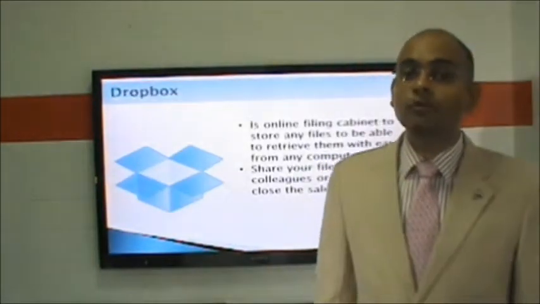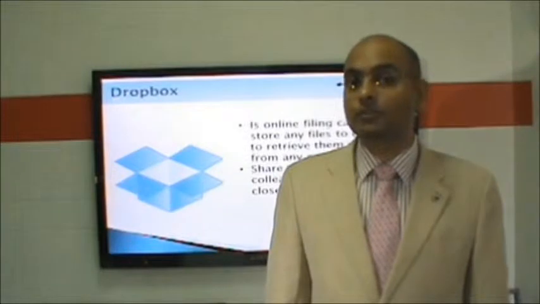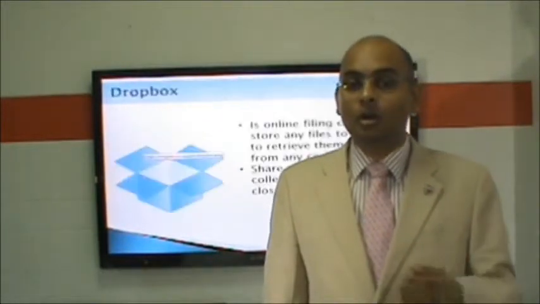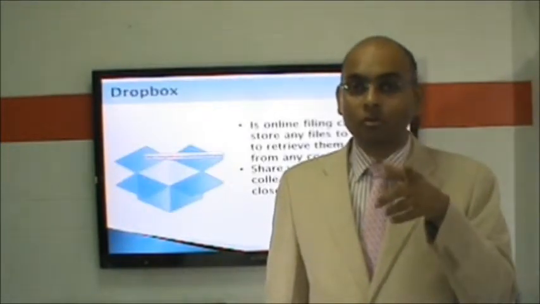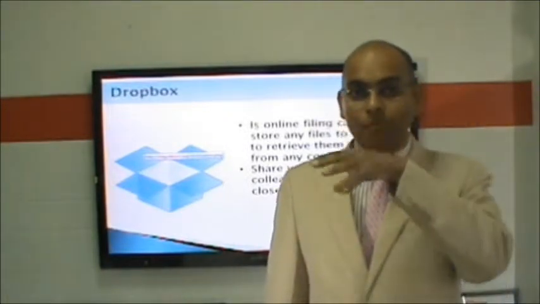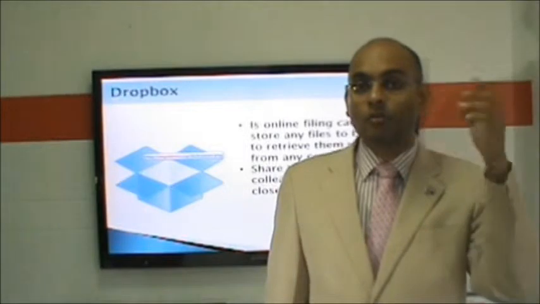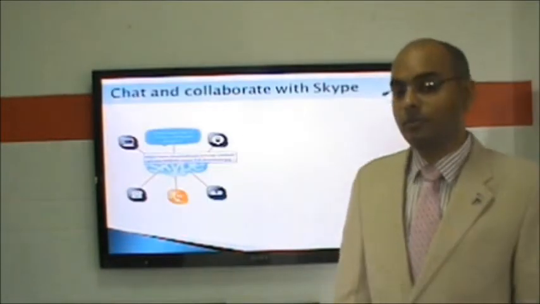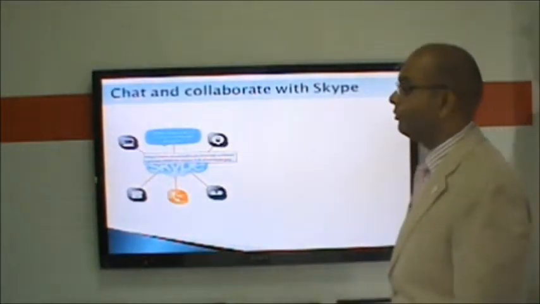So Dropbox is a very useful tool for sharing heavy files. It is very simple. You create a free Dropbox ID, upload all the files, and send the URL. Again, it's free for limited use.